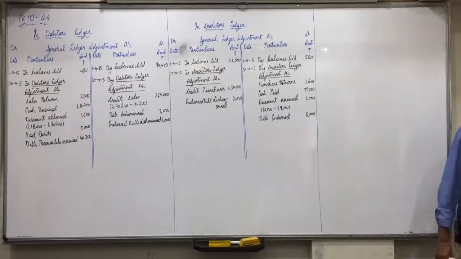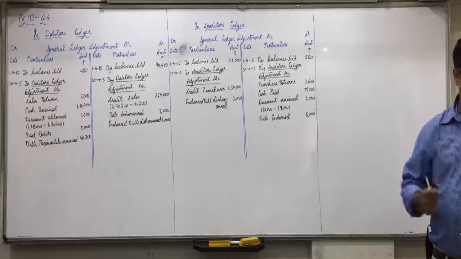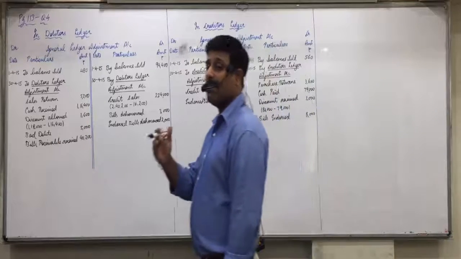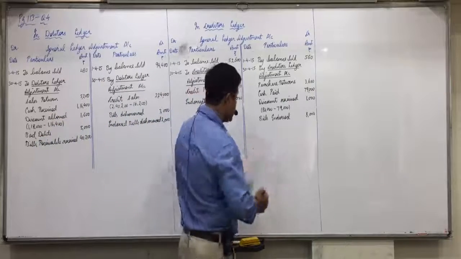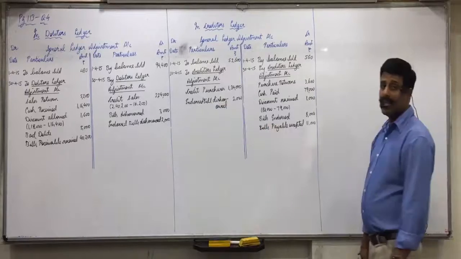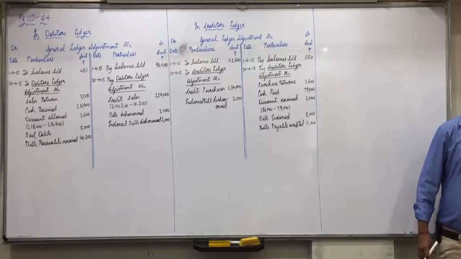Next, bills accepted for creditors 11,000. Now credit side, we have to see from opposite account's point of view. What is the journal entry when we accept the bill for creditors? Creditors account debit to bills payable. To bills payable means in general ledger on credit side. Bills payable accepted 11,000. Now, transfer from debtor to creditors ledger 6,000.